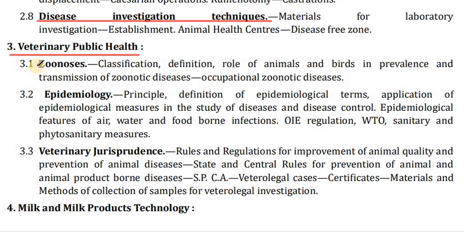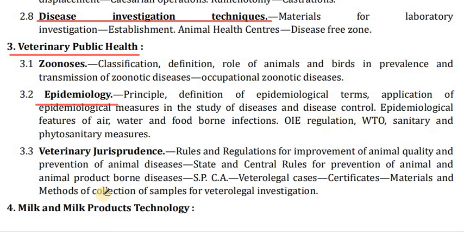Now the next is veterinary public health, zoonosis, classification, definition, role of animals and origin, prevalence and transmission of zoonotic diseases, occupational zoonotic diseases, epidemiology, principal definition and epidemiological terms, applications of epidemiological measures in the study of diseases and disease control, epidemiological features of air, water, and food-borne infections, OIE regulations,